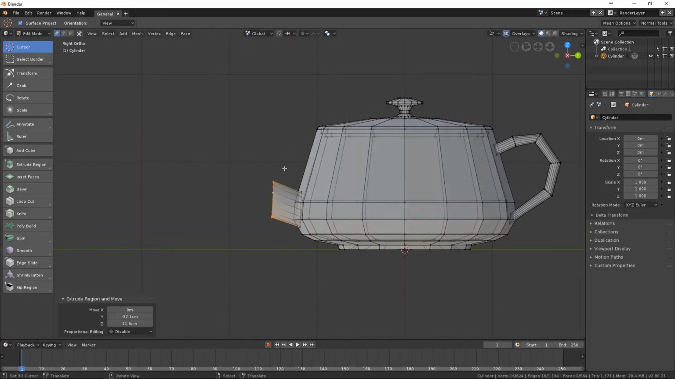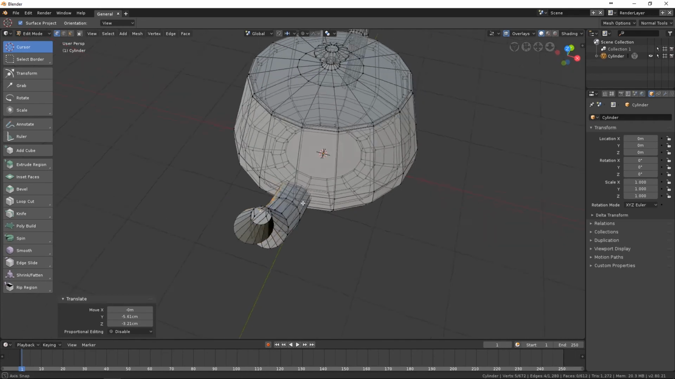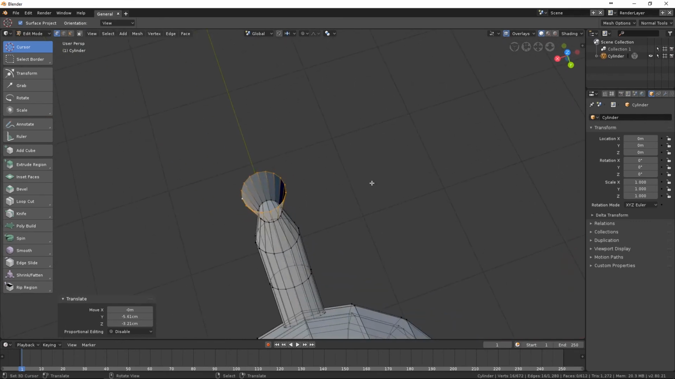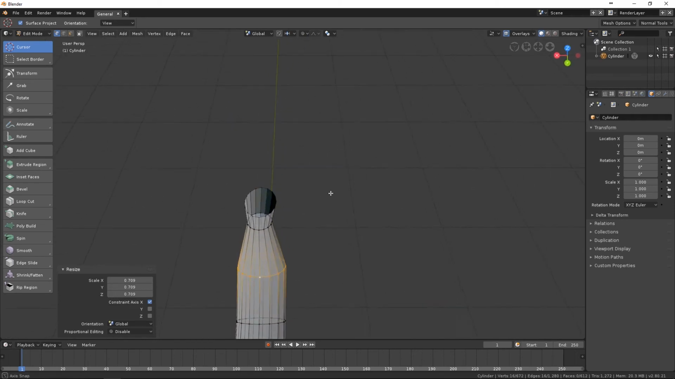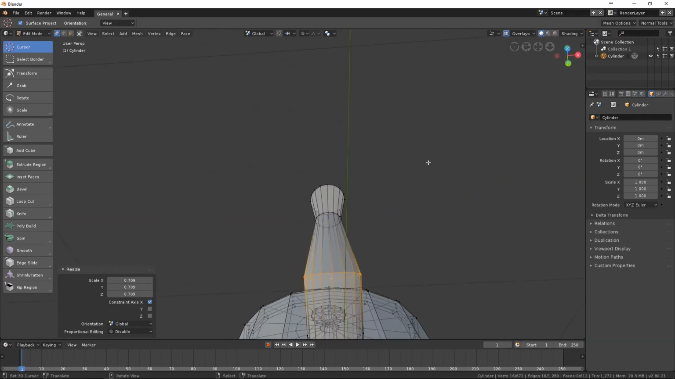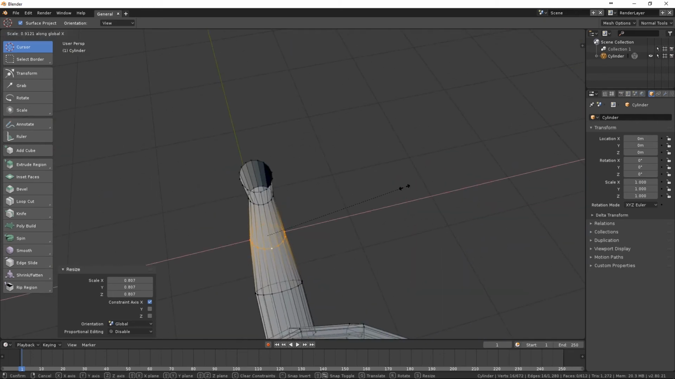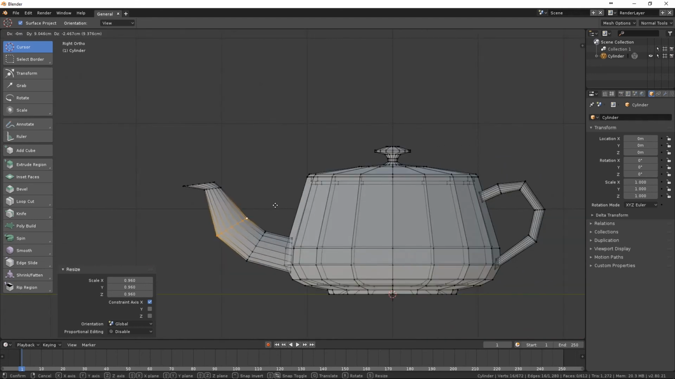Now we can extrude it like so, and there we have it, the tube for the teapot. But right now the tube is very ugly from this side view, and we are going to tweak that as well. Okay, S X to scale it along the x-axis so that it looks nice from the front, and we are going to scale this along the x-axis as well. Maybe scale a little bit more, and I think that's it. Maybe I'll tweak this